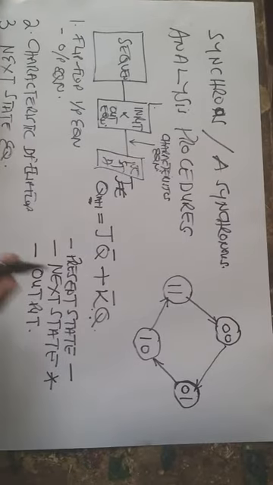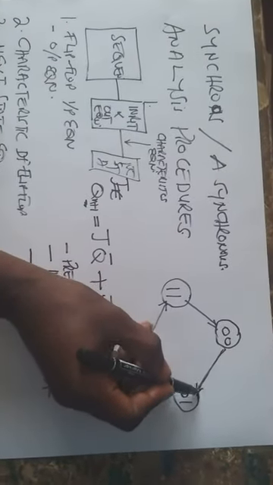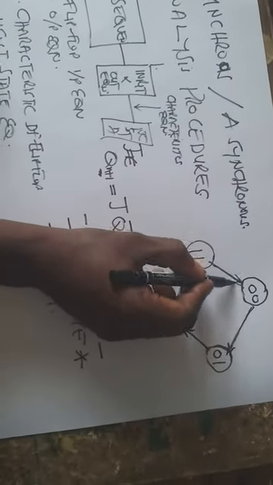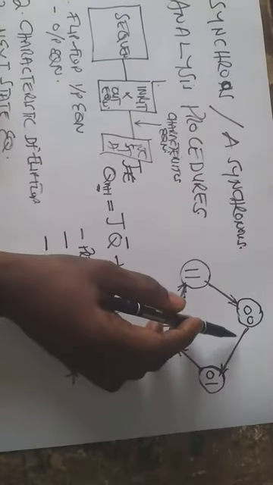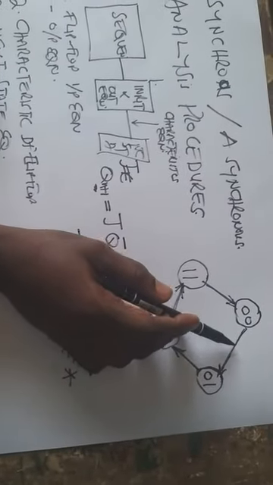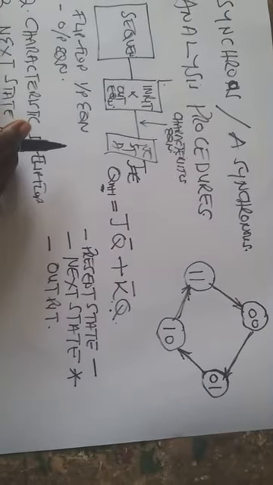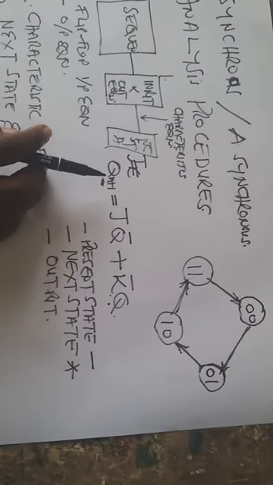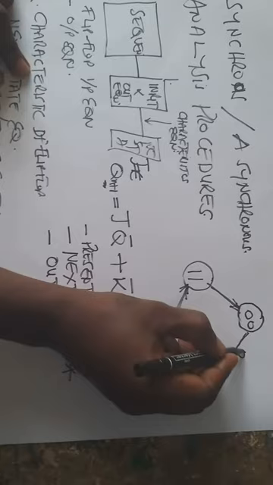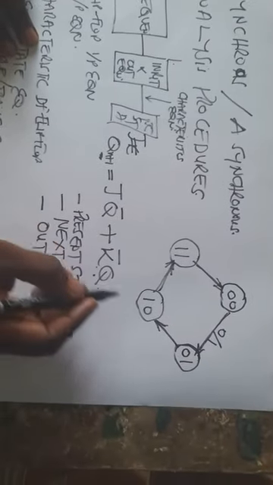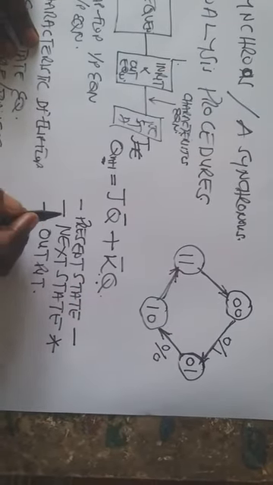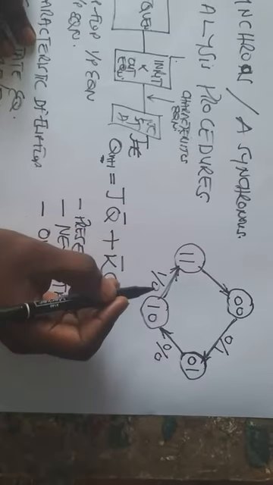Okay, now there is a directed line linking the circles, as you know. This directed line is telling us the transition from one state to another state. And on this directed line, you will see, let's say, 0/1, 0/0, maybe 1/0, and then let's say 1/1.